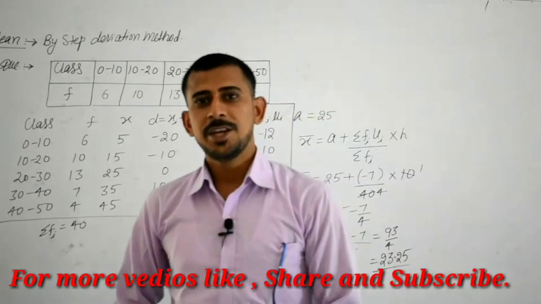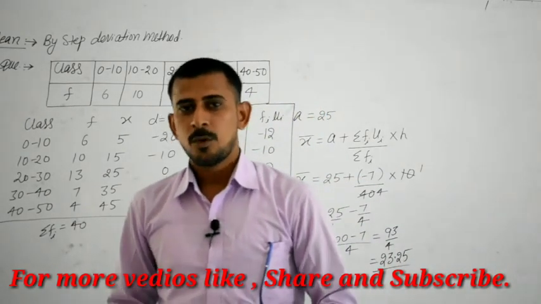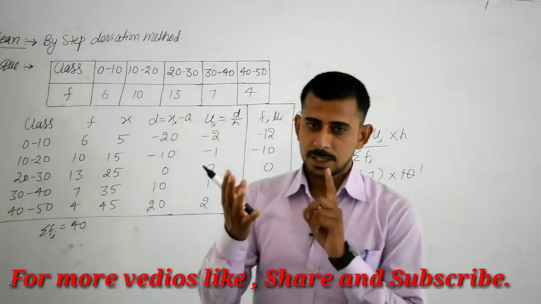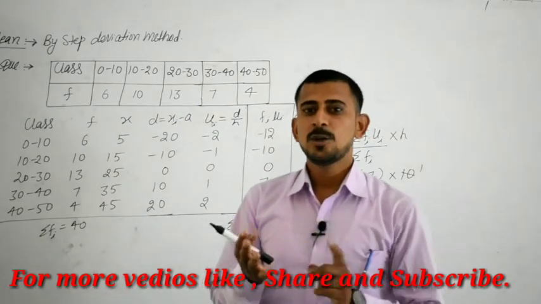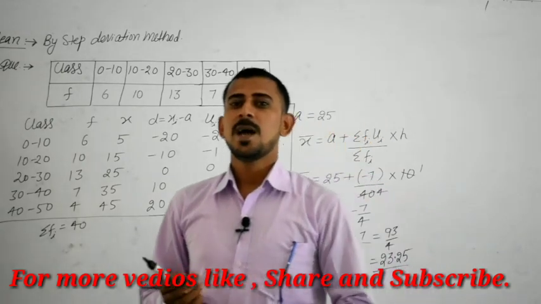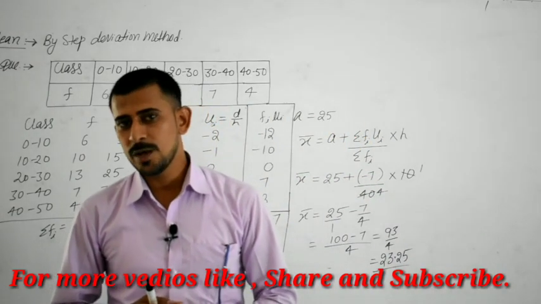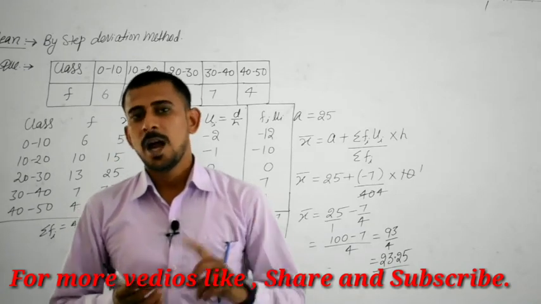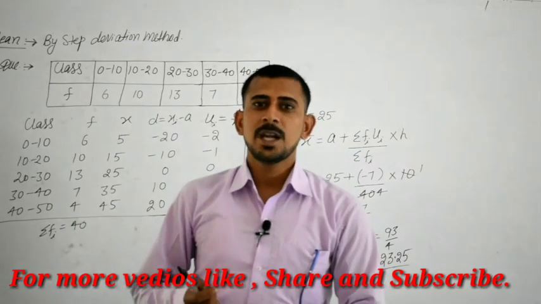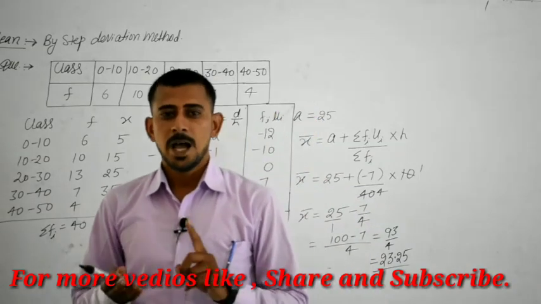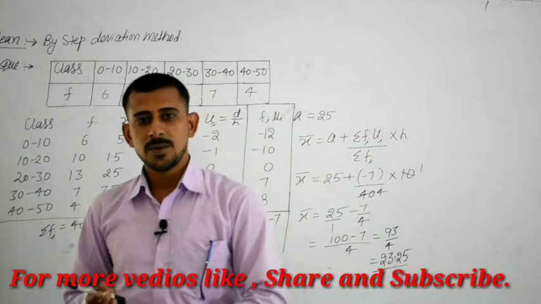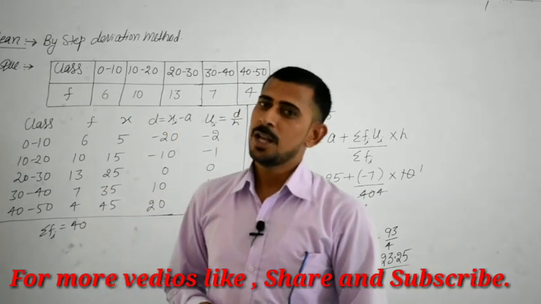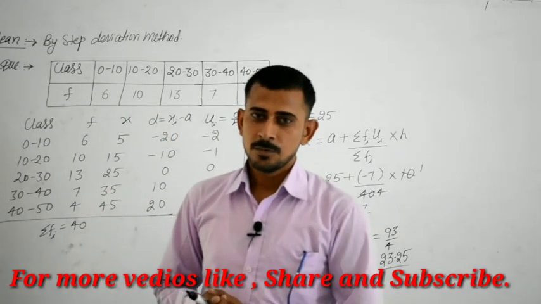If you have any doubt in any method for finding the value of mean when direct observations are given, class marks x and frequency are given, or class interval and frequency are given, and the two important methods of this chapter, assumed mean method and step deviation method, then you can ask anything from me.